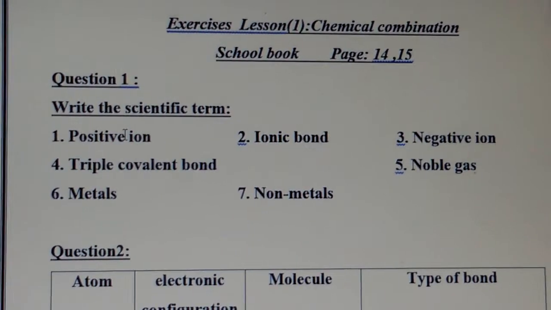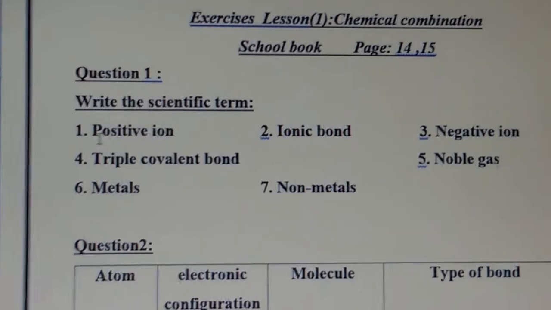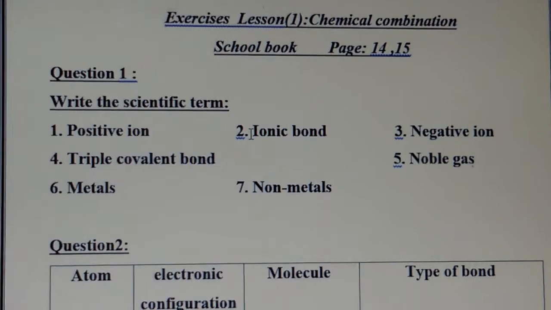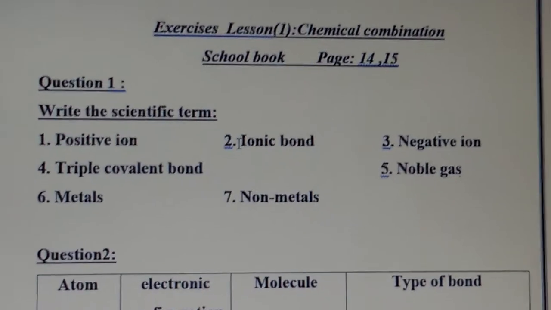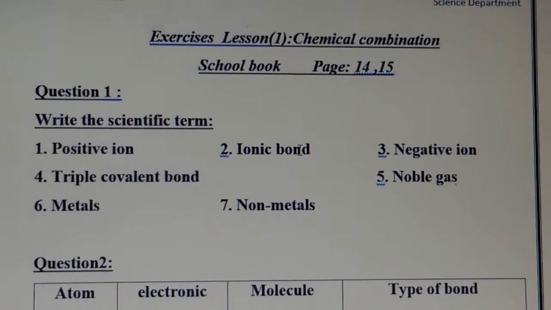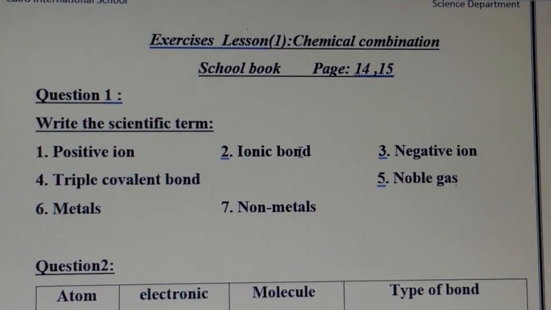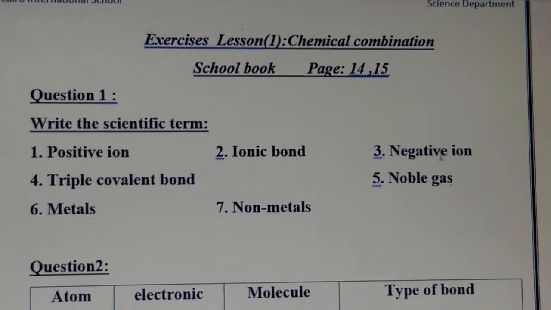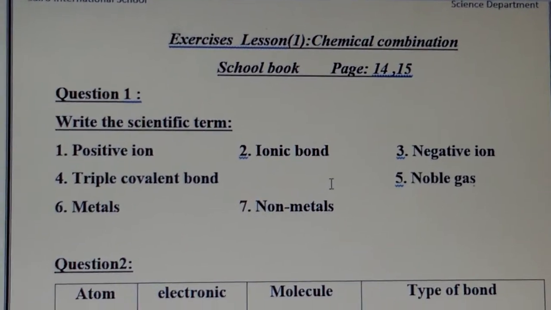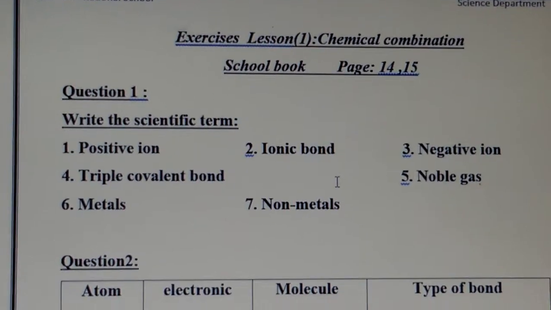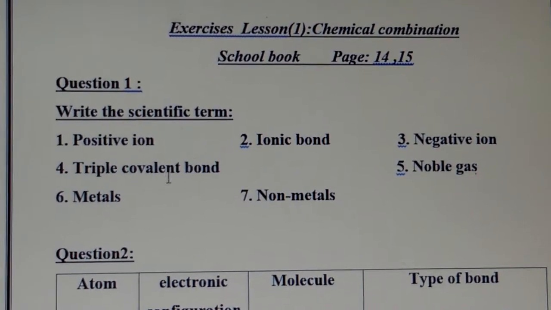Number 1, an atom that has lost an electron or more during the chemical reaction, positive ion. Number 2, a bond resulting from the electric attraction between a positive ion and a negative ion, ionic bond. Number 3, an atom gained 1 electron or more during the chemical reaction, negative ion. Number 4, a bond resulting from the participation or sharing of each of 2 atoms with 3 electrons, triple covalent